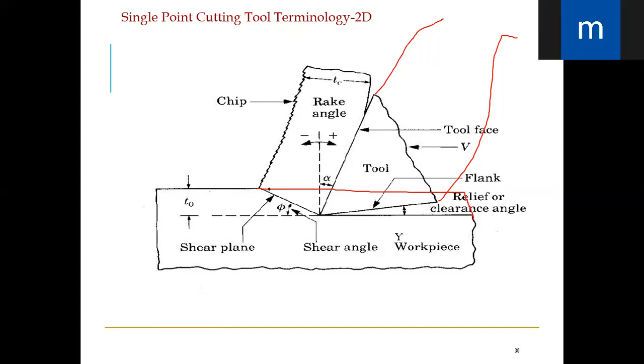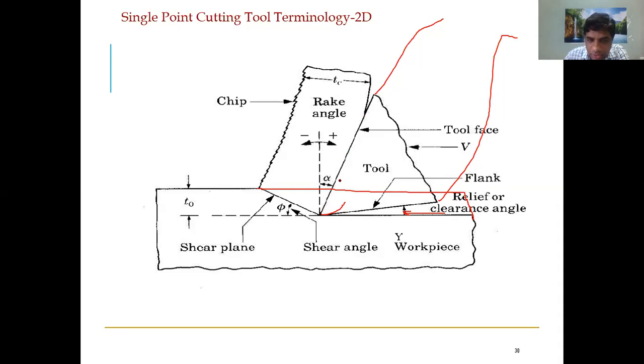In this workpiece, initially the workpiece is like this, right? When you are working, the tool is here. As the tool gradually moves down in this direction, it removes the material, in the form of a chip. This process is continuous. When it comes here, your cutting tool has the nose, which is nothing but the cutting tip. This cutting tip consists of cutting edges.